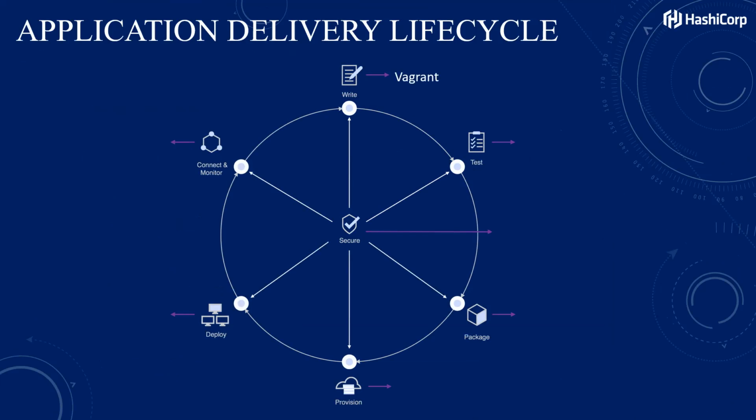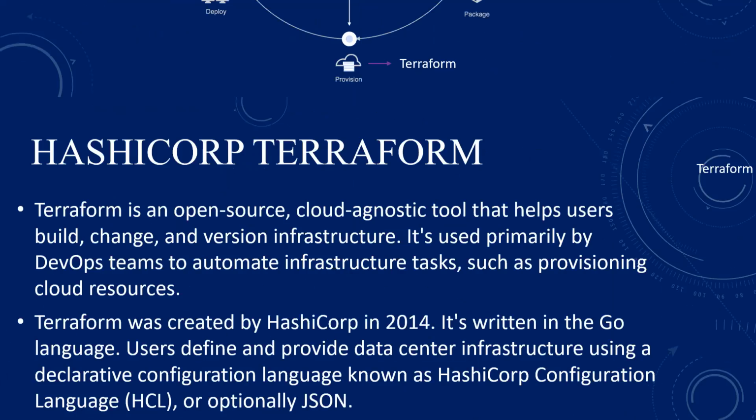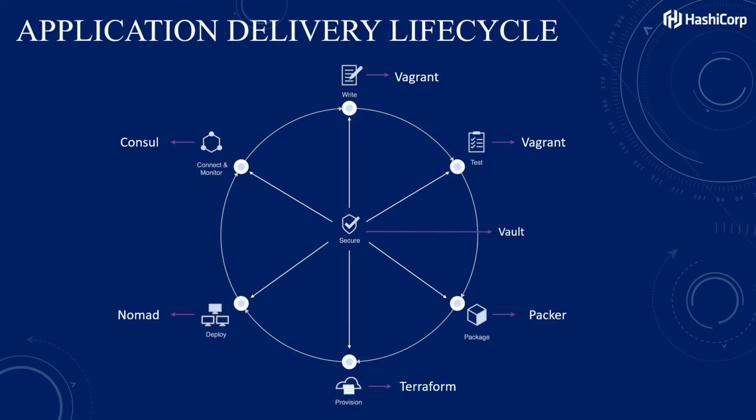And how are the products used in the application lifecycle? So first one, as you can see. Every application needs to be written and modified, regardless of language, framework, or OS. So for writing, we can use the Vagrant HashiCorp product. It is basically a command line utility that isolates dependencies and the configuration within a single disposable and consistent environment. Next is testing. Every application should be tested